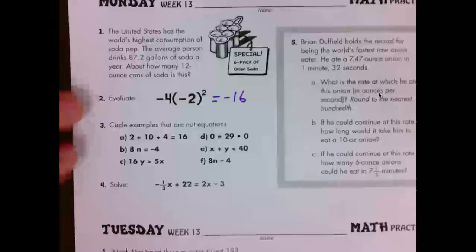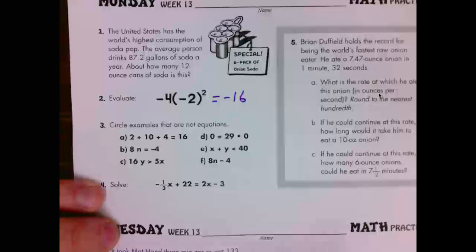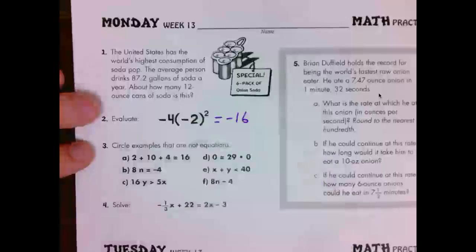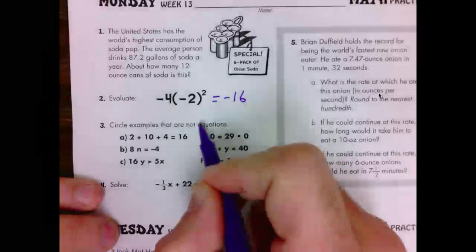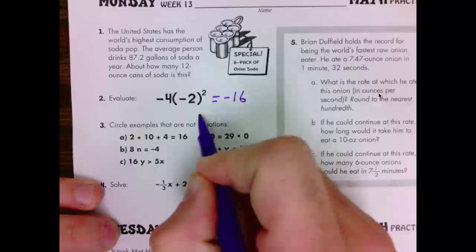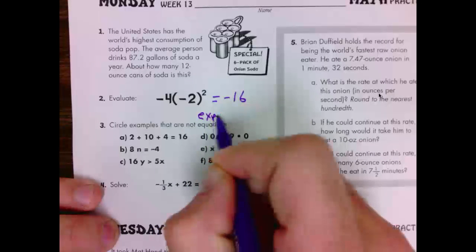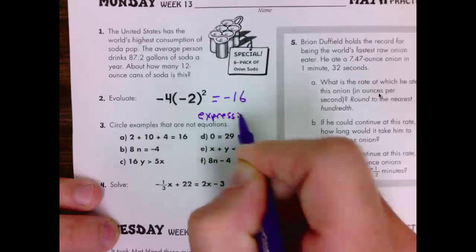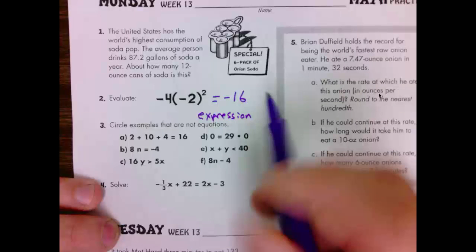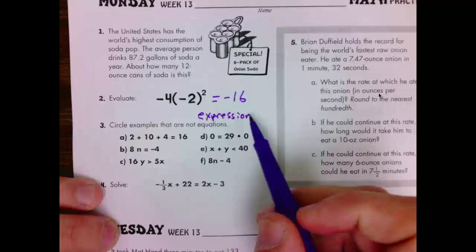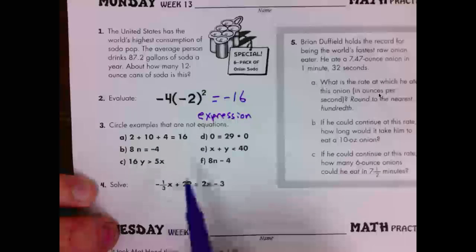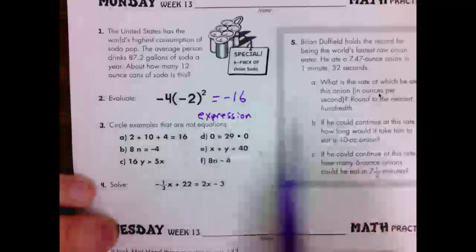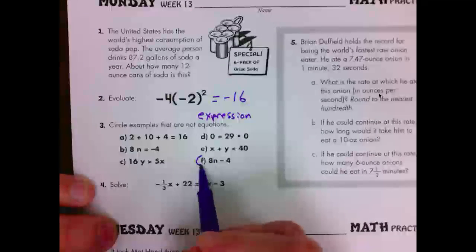Number 3, circle examples that are not equations. Remember, we had two terms that we dealt with when we talked about our statements: equations and expressions. An expression had numbers and variables, so did an equation, but the difference was that an equation had an equals sign in it. So in this case, the ones that are not equations: F is an expression,